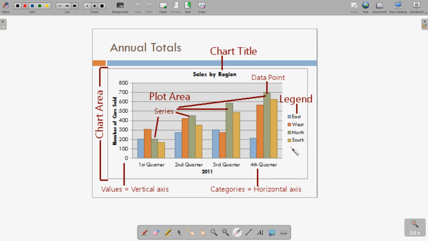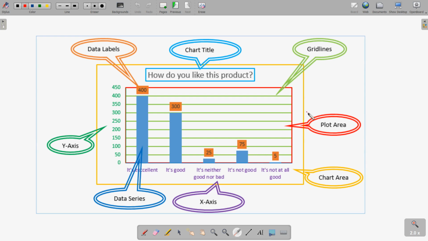The legend gives you the meaning of the colors present in this chart or different types of charts. Then chart area we have just seen, the data point and other terms. So this picture gives you the whole meaning of all the different terms used in the chart.